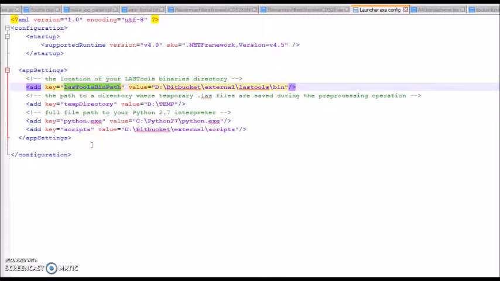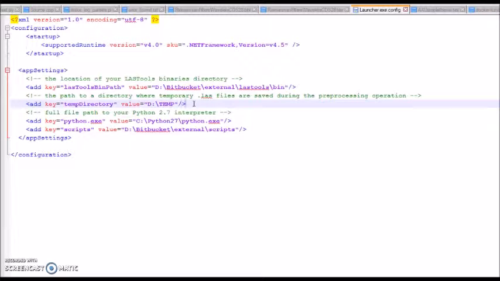You will need a distribution of the LAS tools, set of tools, which is provided with this release package, and you'll have to set the folder path to the bin folder of the LAS tools. Then you will need to set up a temporary working folder in which the intermediate results of the LAS filtering process will be stored, and you can later proceed in examining what has been generated in there in order to find faults or errors in the LAS processing